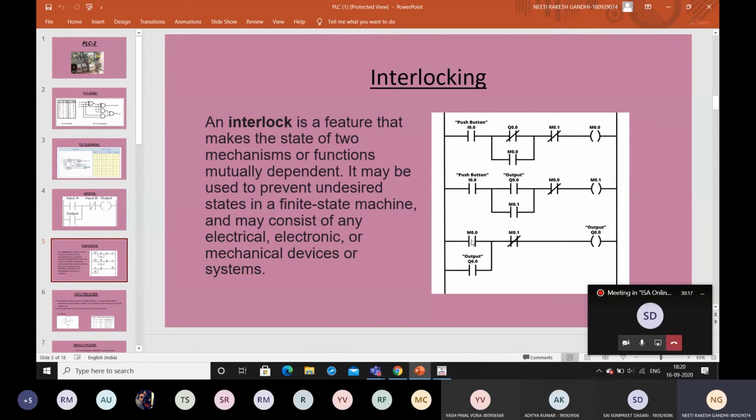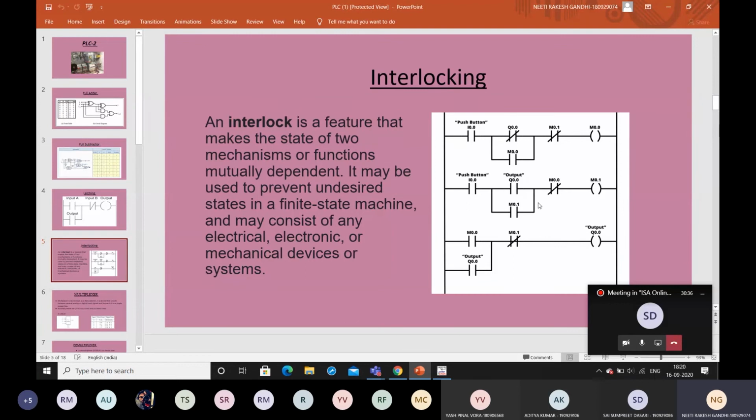Now as soon as this light is on, this normally open switch is going to become a normally closed switch. So the fan Q 0.0 is going to be on and it's going to give a recursive function to itself. Now as soon as this fan is started, this circuit is going to be complete, which is going to trigger my M 0.1. So the light of the second room,